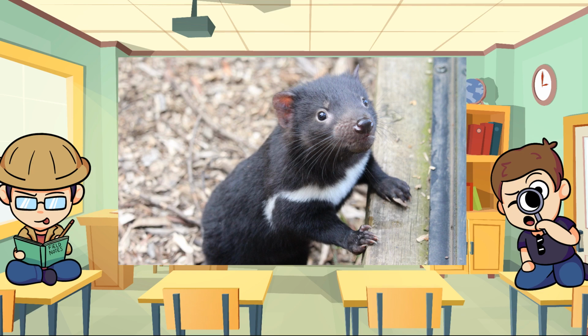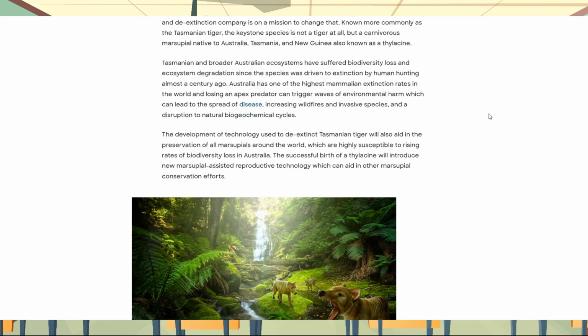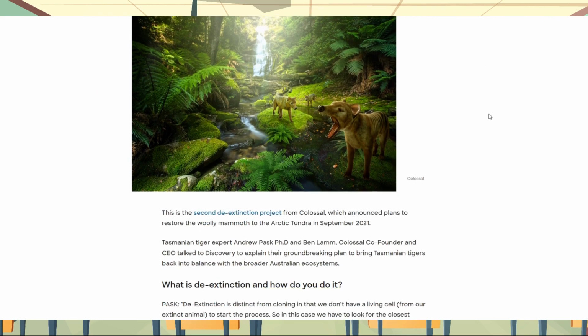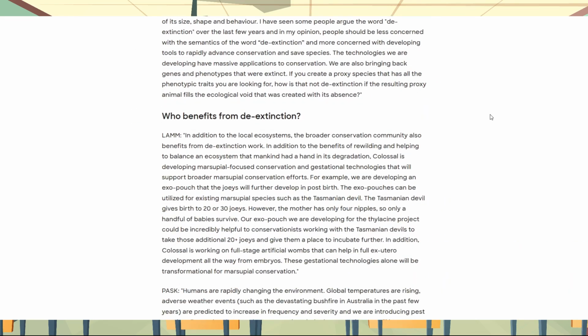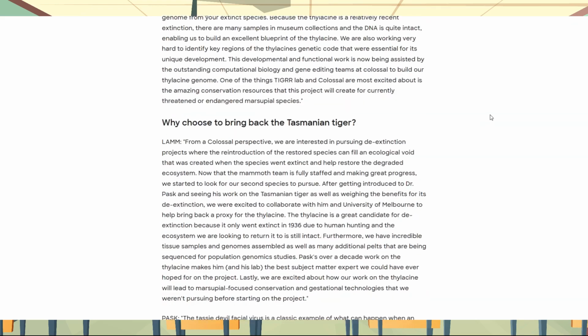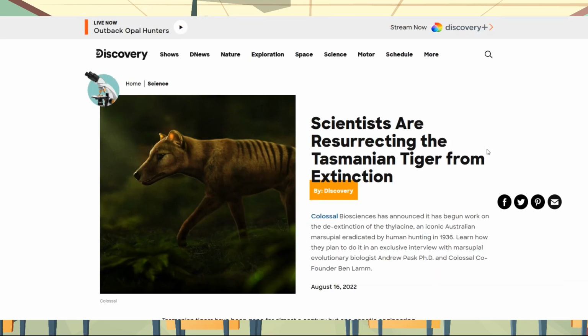I mean, yeah, and that's what they talk about in the article a little bit too. I'm reading through it as we go right now, and they talk about what happens when an ecosystem becomes unbalanced. Okay, what happens when you introduce an animal that's been gone for almost 100 years now?